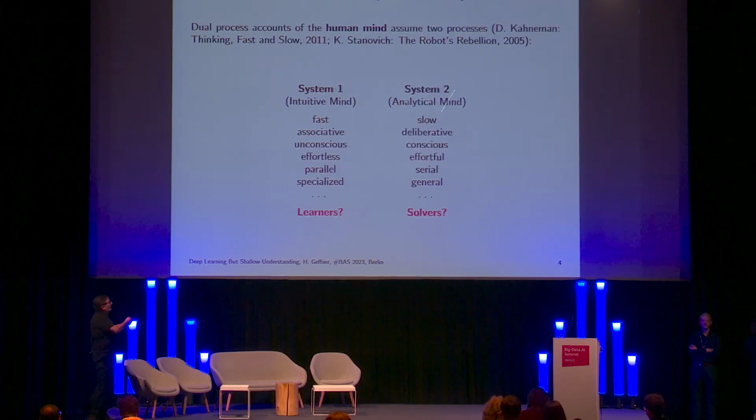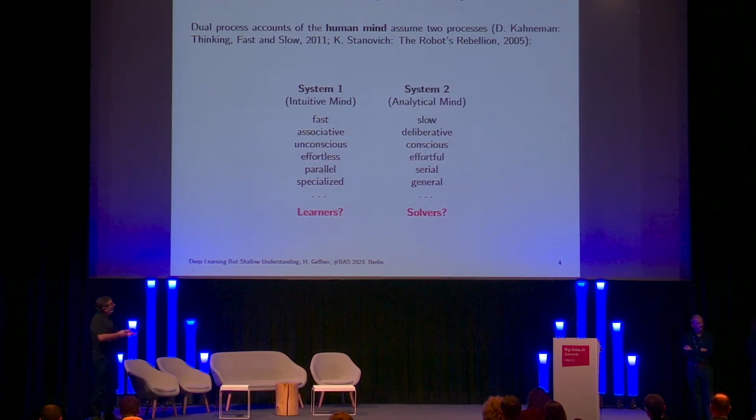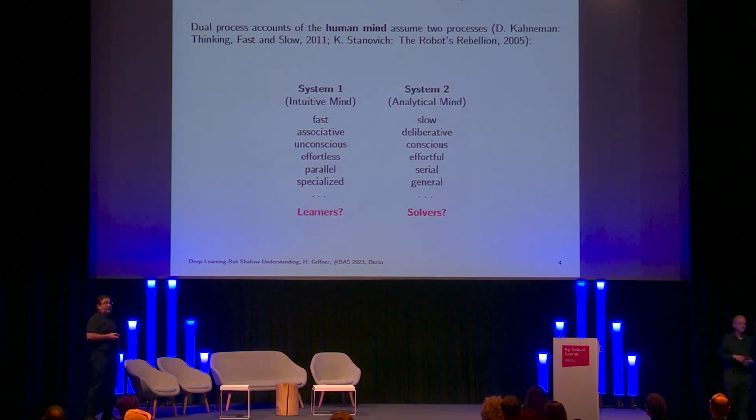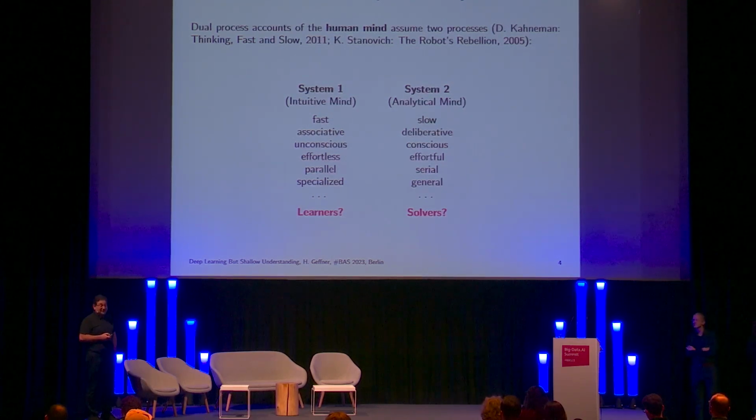One instance of this, and I'm going to come back to this in a second, is when you learn to drive a car. Initially, it's very much a system 2 activity. You have to pay attention to so many signals, you have to pay attention to everything, what action to do, you have to turn the wheel, and so on. As you become more proficient, it begins being an automatic activity. You can drive while you're having a conversation. You can drive while you are thinking about something completely different.